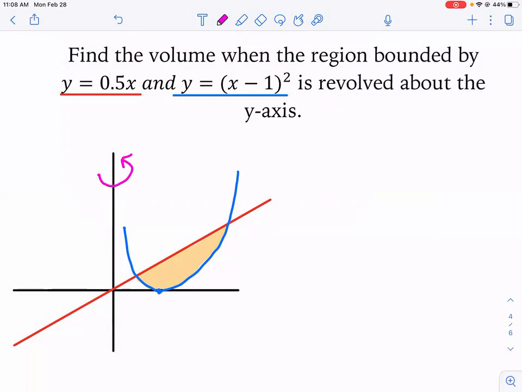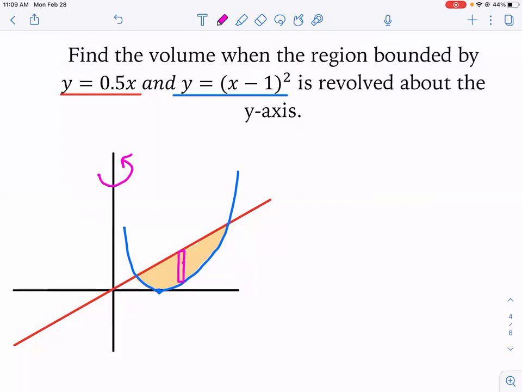Okay, so don't draw this with me here. But before today, our only option would have been to draw perpendicular rectangles with dy. And notice how the left portion of my rectangle would sit on the red, but here it would sit on the blue. So we would have to do this in two different integrals. Well, nobody wants that,